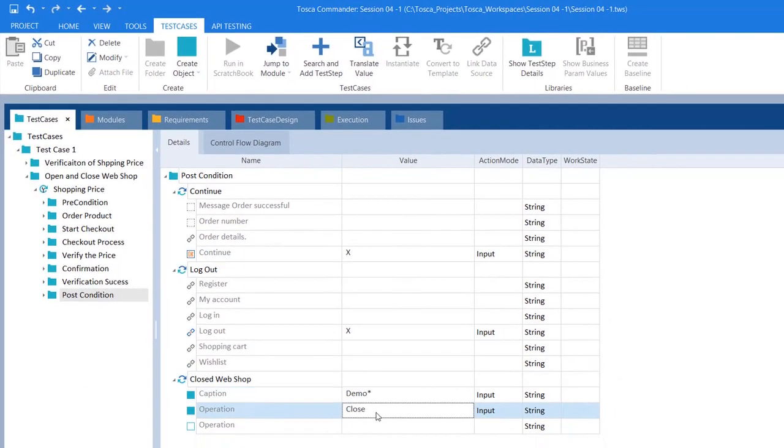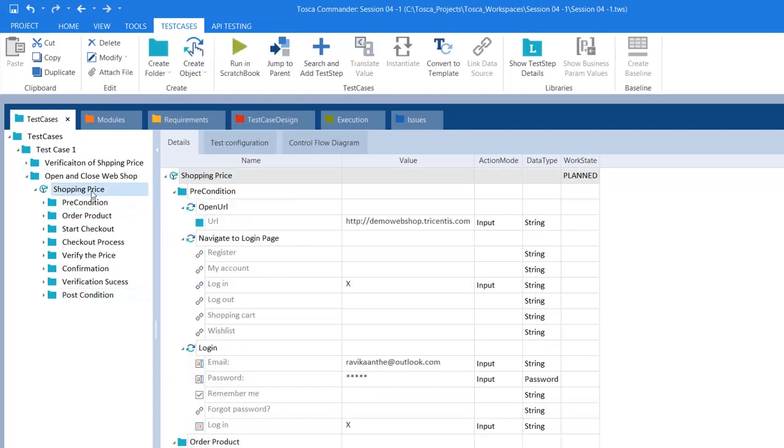to close the window. Okay, so if you remember, we have used a standard module within Tasca, where they have provided a lot of inbuilt modules to perform some operations on many applications. Okay, so now we have completed entering all the values.